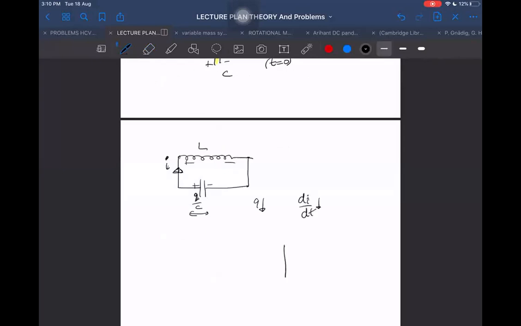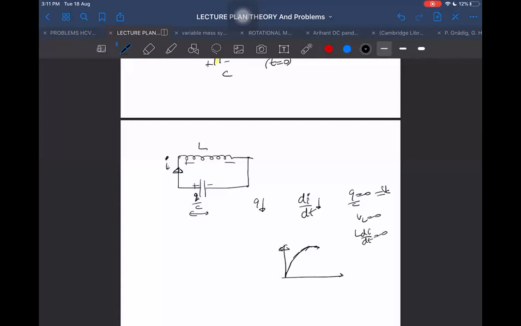But if the rate of increase of current is decreasing, it does not mean that the current is decreasing. Current is still increasing, but the rate at which it was increasing is decreasing. When the charge becomes 0, then Q by C will be 0, so the voltage across the inductor will also be 0, because these are in parallel to each other. If the voltage across the capacitor is 0, then the voltage across the inductor is 0. If that is 0, then L into di by dt is 0, and then I becomes maximum.